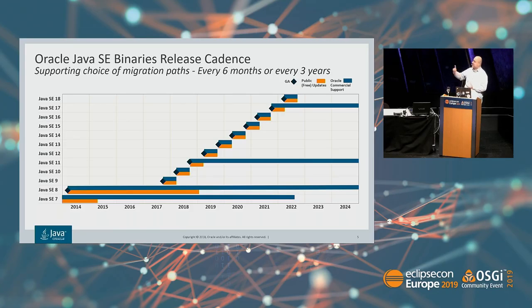Of course, this new cadence also means, as my previous speaker said, that if you're on this rapid release cadence of, say, adopting 12, then you have to move to 13 when 13 comes out. And then to 14 when 14 comes out, and so forth. That's why in this cadence there is a space every three years to have a long-term support release, and we have chosen 11 as the one from last year as a long-term support release, and then 17 will be the next one, and support for 8, of course, continues as well,